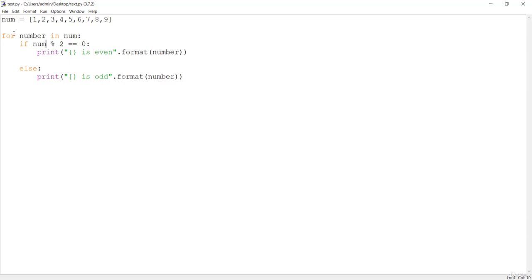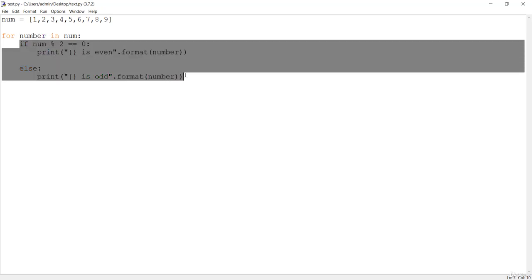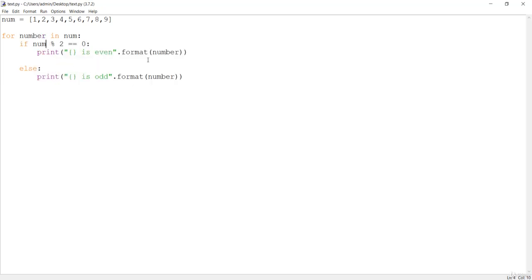That means the for loop will take every element from this data sequence, and we can execute our logic to check each single data item from the list. It can be from a tuple or any other data sequence. So this is the importance of the for loop. A for loop can iterate over a sequence of numbers, as we have seen over here, and we can make use of the range method or any other method and perform an operation.